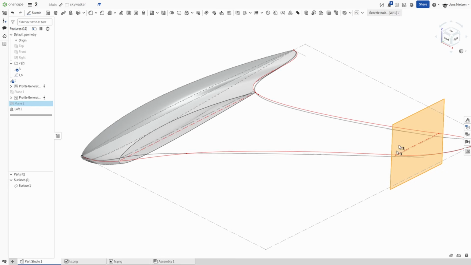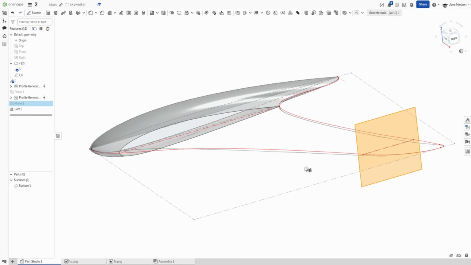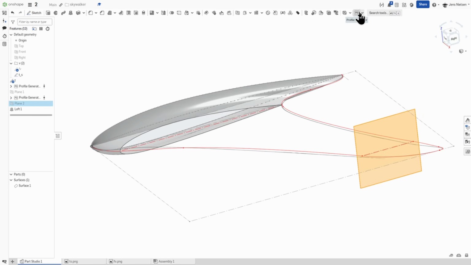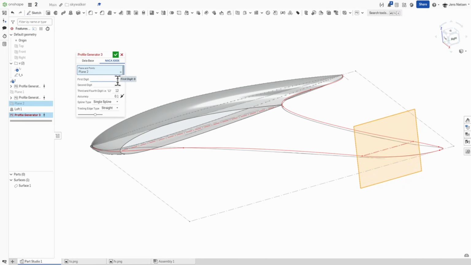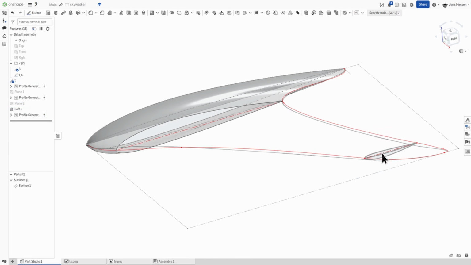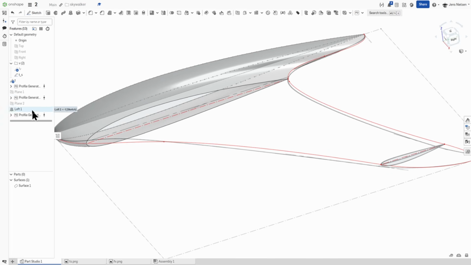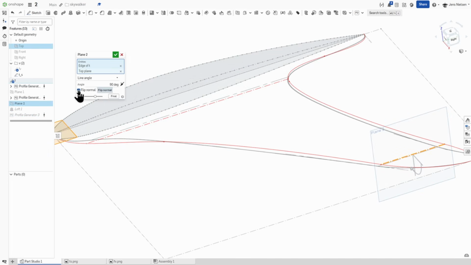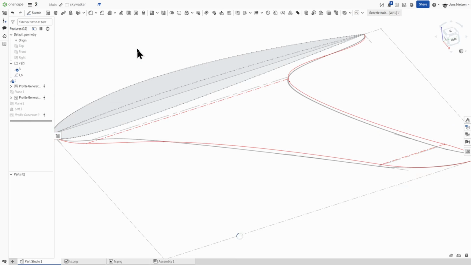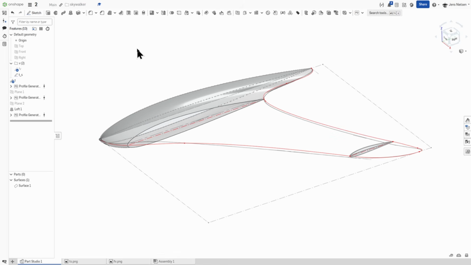next plane here with that line, and again apply that profile generator with those same values, 2, 4, and those 2 vertices. I get the same problem here, so I just go to plane number 2, flip the normal. Okay,